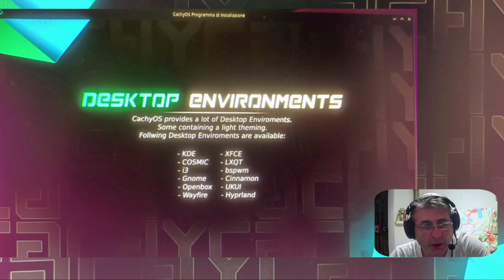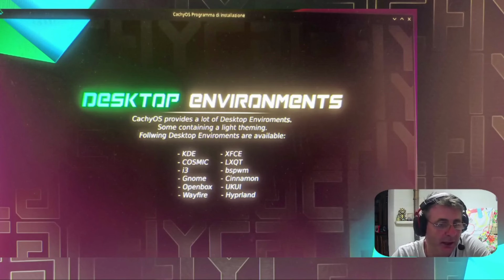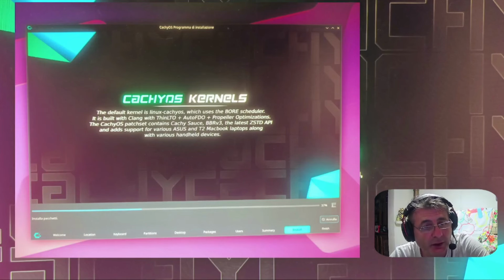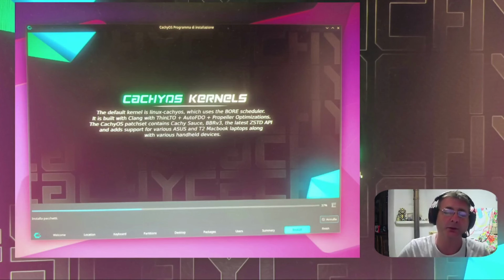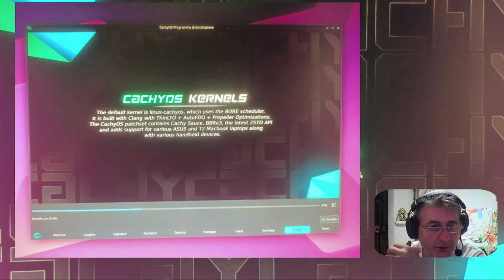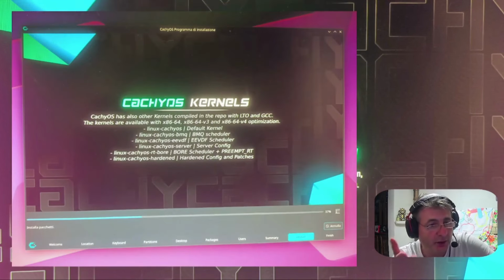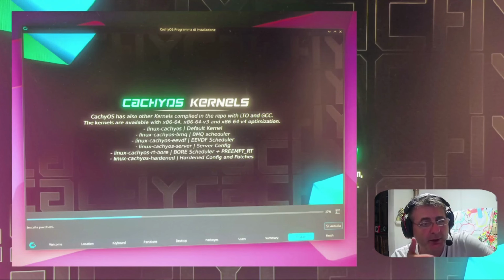All the desktop environments are still available, and we've already talked about them, in this case KDE, Cosmic, GNOME, and Cinnamon. Here it gives us an overview and also tells us about the different types of kernels, because we can use various types of kernels depending on the different types of schedulers to maximize performance, something I've never actually found in regular distributions. And here, as we can see, Linux OS, CachyOS, the default kernel BMQ scheduler. You can see here the different types of Linux schedulers: cache,